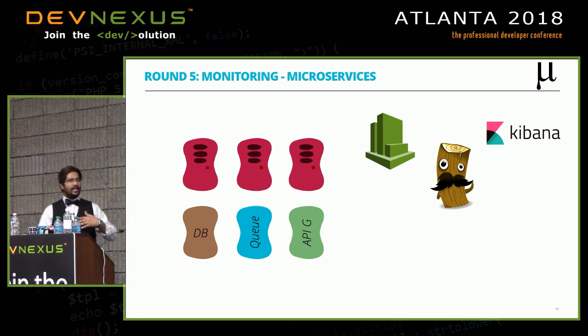Kibana is the UI bit of ELK, which takes care of dashboarding, takes care of aggregation, and if you also put Elasticsearch in the backend, if you push the logs into Elasticsearch, you can also make them searchable, right? So the ELK stack is pretty popular. Hopefully some of you are already using it or trying to move towards it if you're building microservices.